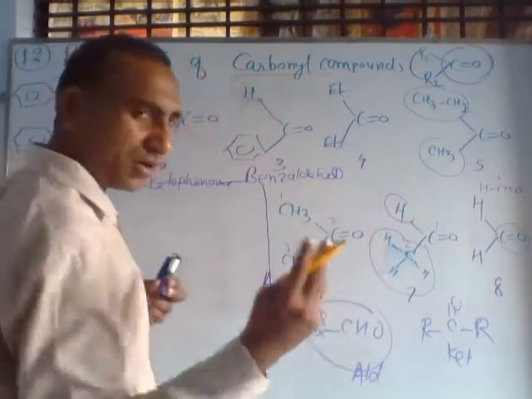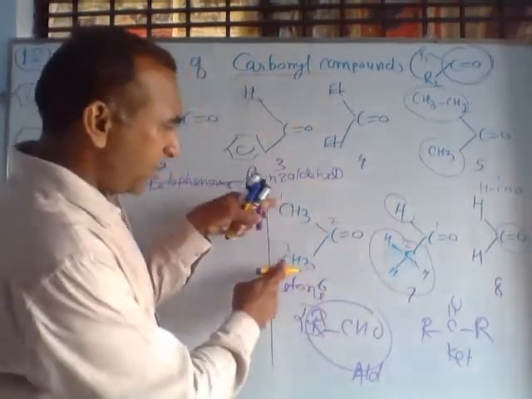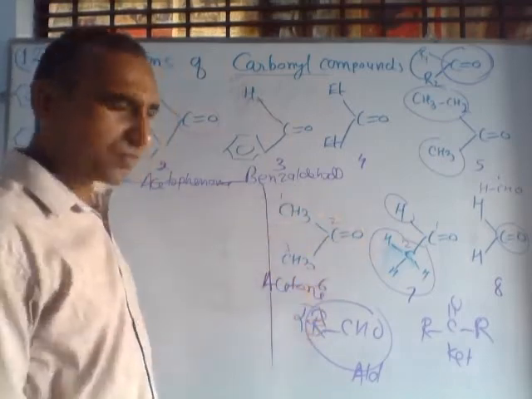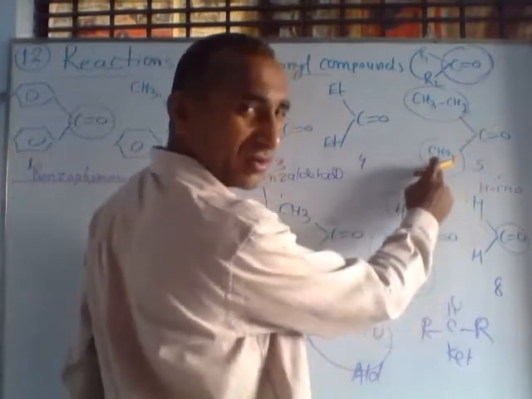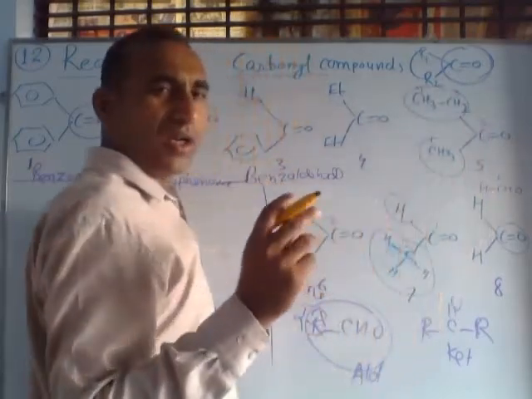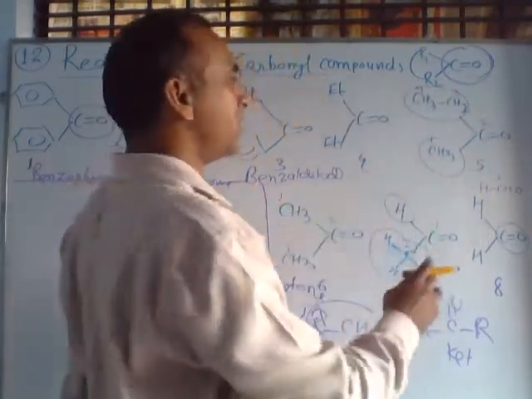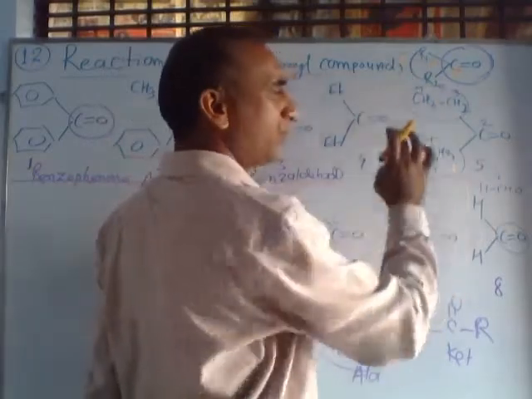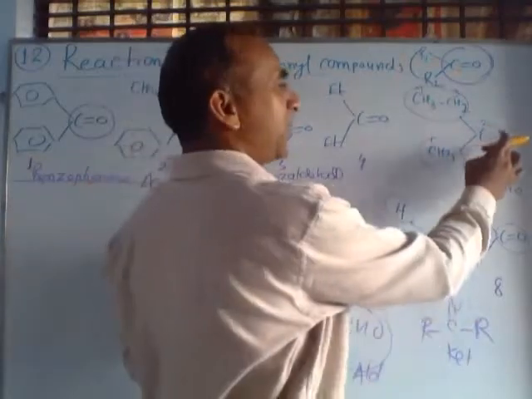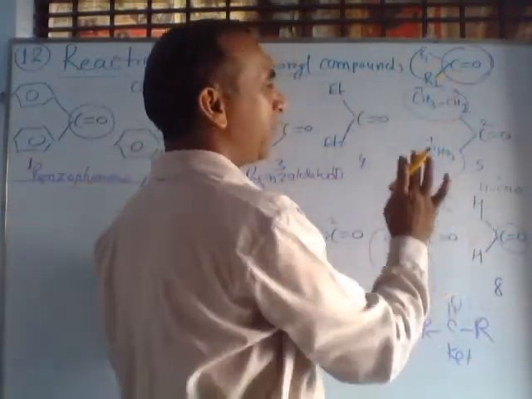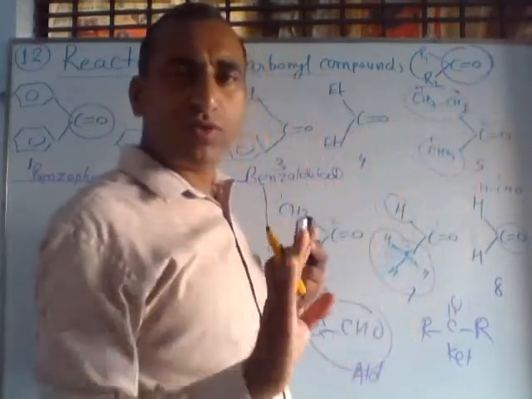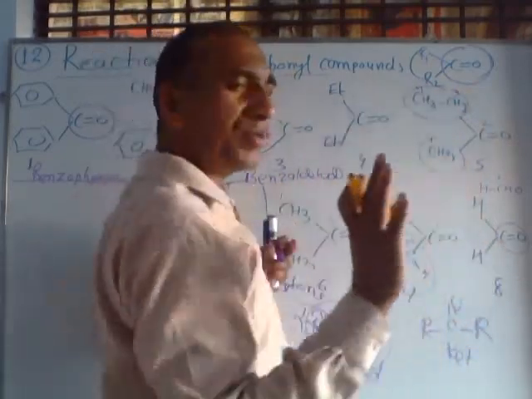So this compound has 3 names. Remember: dimethyl ketone, propanone, otherwise acetone. For IUPAC numbering, we will start from here: 1, 2, 3, 4. Total carbons are 4 and on the second carbon there is a ketone. So we can say this is called butanone. The ketonic group is always present between two carbons, and there is no possibility of this C double bond being on an ending carbon. So if C double bond were here, otherwise here we can say 2. So there is no need to write 2. This compound is called butanone.